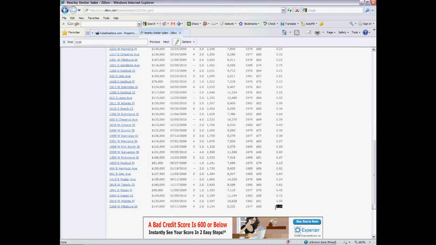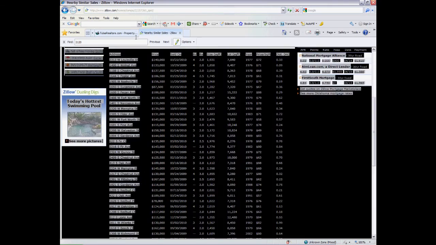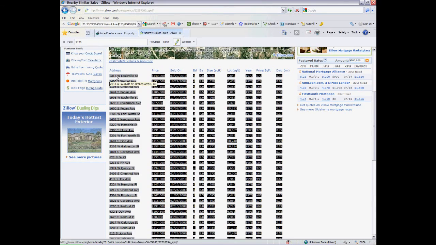So what I'm going to do is start here at the bottom right, because these are hyperlinks. If you try to copy from there, you'll end up clicking on that and accidentally going to that property. So I start at the bottom right, and I will highlight all these properties,